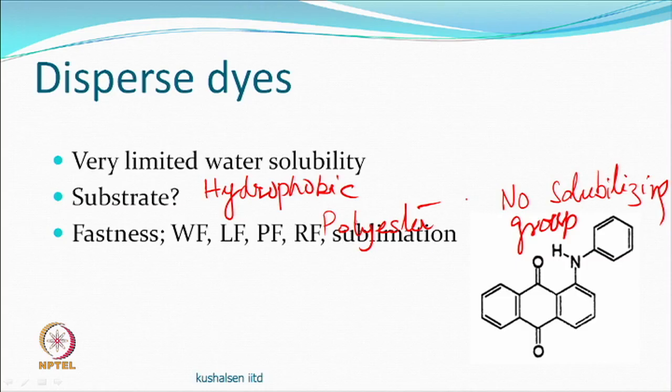But a new problem is there with these dyes, which is called sublimation, which the other dyes did not have. So these dyes can sublime. If temperatures are suitable, the shade may change, or dye from one portion migrates to some other portion where you did not want it. Even high temperature storage can cause this. So that becomes a problem. Sublimation fastness is the new fastness which has to be checked on the disperse dyes.